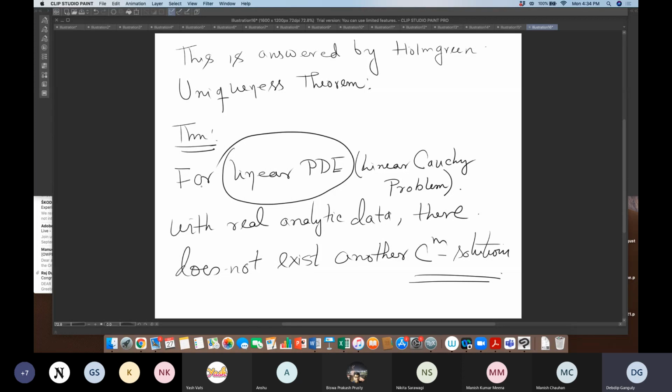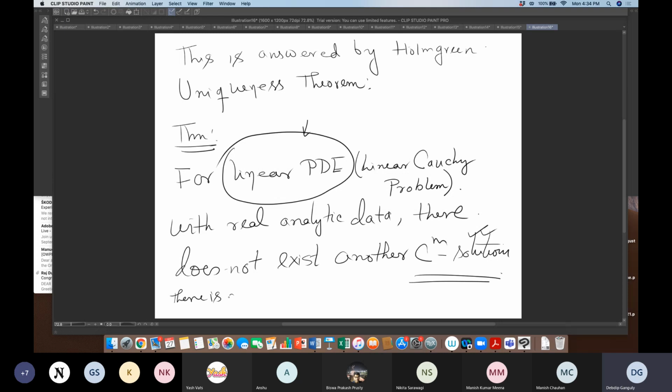Okay. So this is answered by the Holmgren uniqueness theorem. For any PDE we know that for given real analytic data and real analytic coefficients, we have a unique real analytic solution. That's guaranteed by the Cauchy-Kovalevsky theorem. Now the Holmgren uniqueness theorem states that for a linear PDE, a Cauchy problem with real analytic data, there does not exist any other C^m solution. There is only a